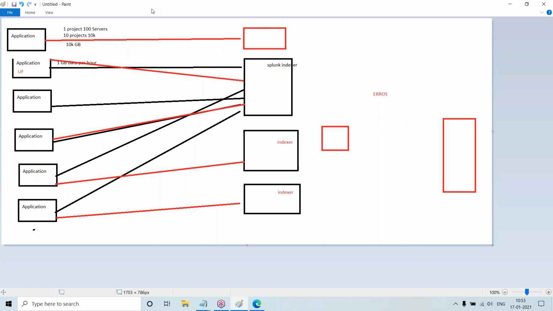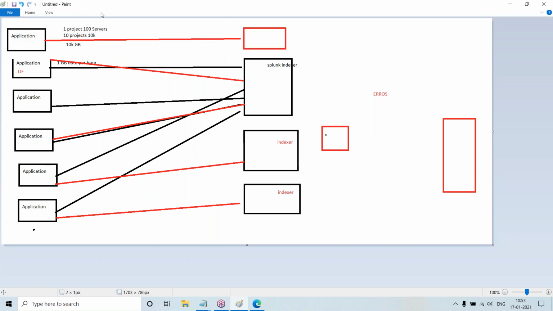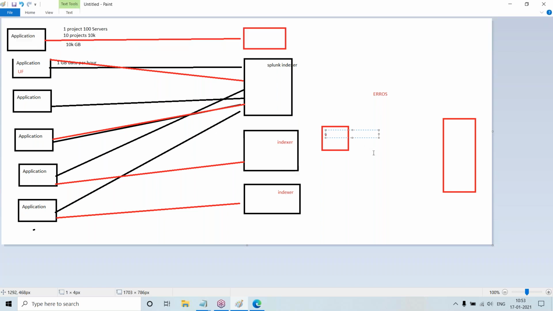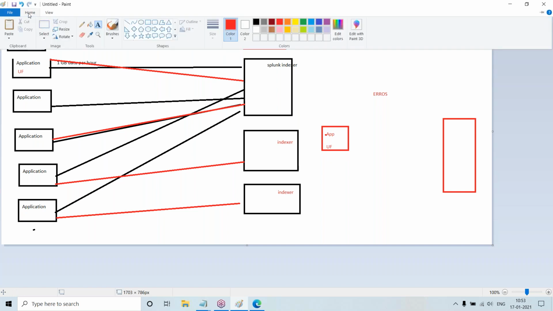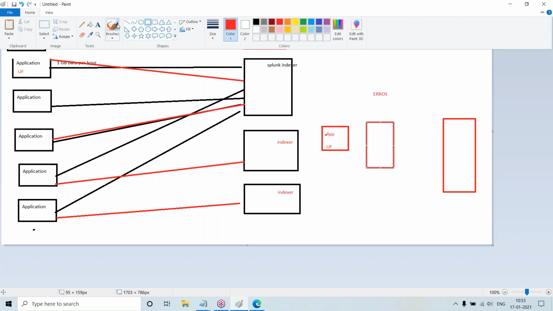Here in my application I have installed the universal forwarder, so I can't parse the data here. You will have a separate software, the heavy forwarder, which will be used for parsing. It will check every log.